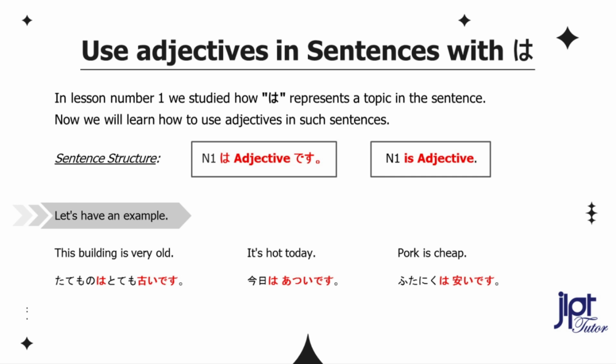Let's have an example. This building is very old. 建物はとても古いです。 It's hot today. 今日は暑いです。 Pork is cheap. 豚肉は安いです。